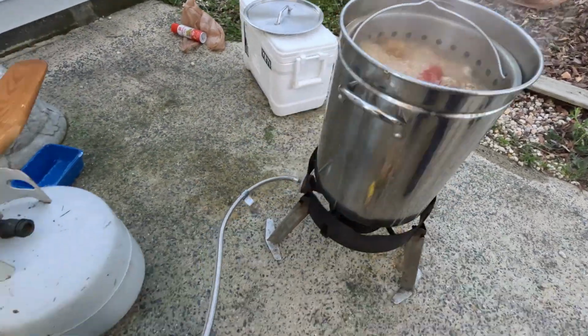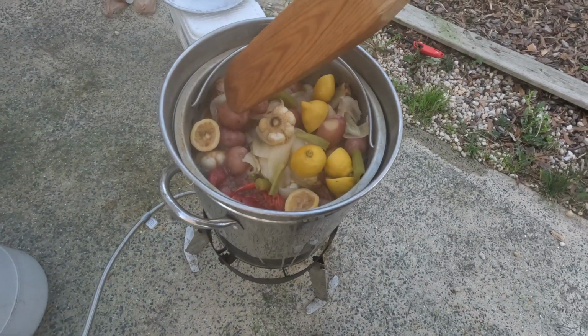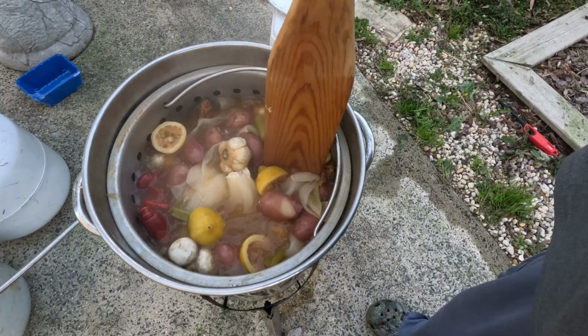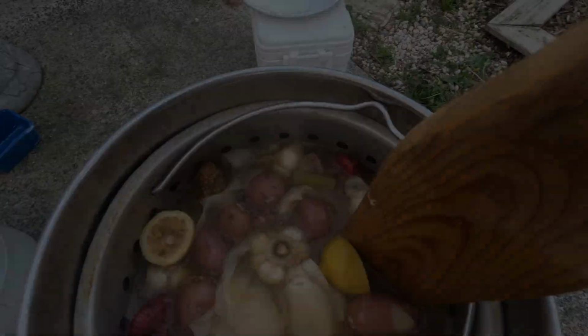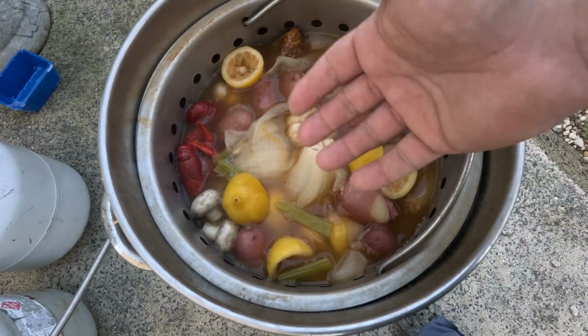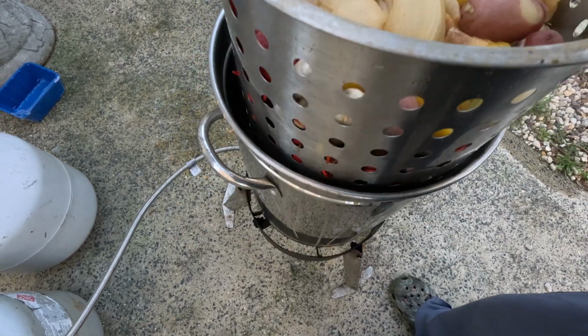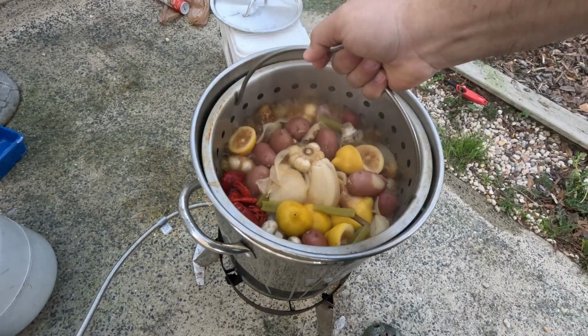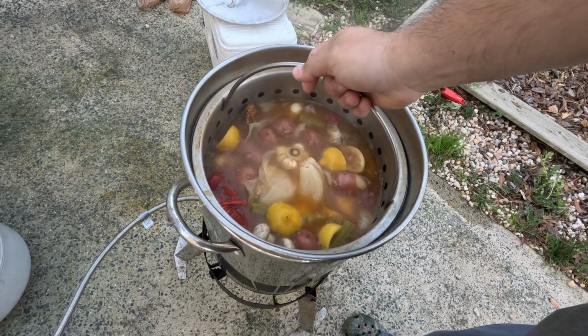All right, time's up. All right, it all fits. Fire's off. I push the vegetables down. You want to make sure they're making contact in the water. Now you can see the steam still coming off. What I do to kill the temperature is pull it out like this and drop it in. All that air when it hits that stuff,